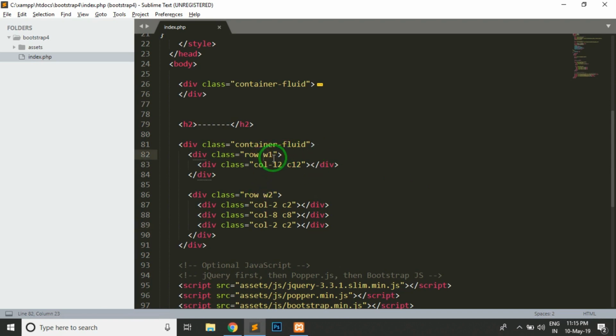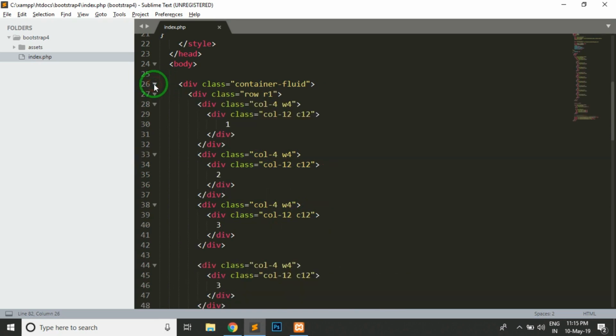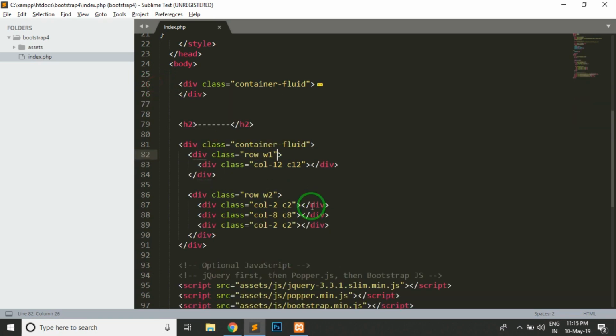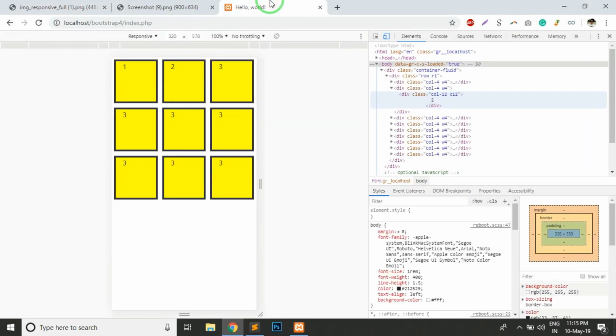And with all of this, let's see what can be done. I think the classes may not be repeated. C12 is repeated, so for C12 I will just call it C12-1. Apart from that I don't think anything is repeated, and here also I will call it 1-1, so that the styles are not repeated. Okay,